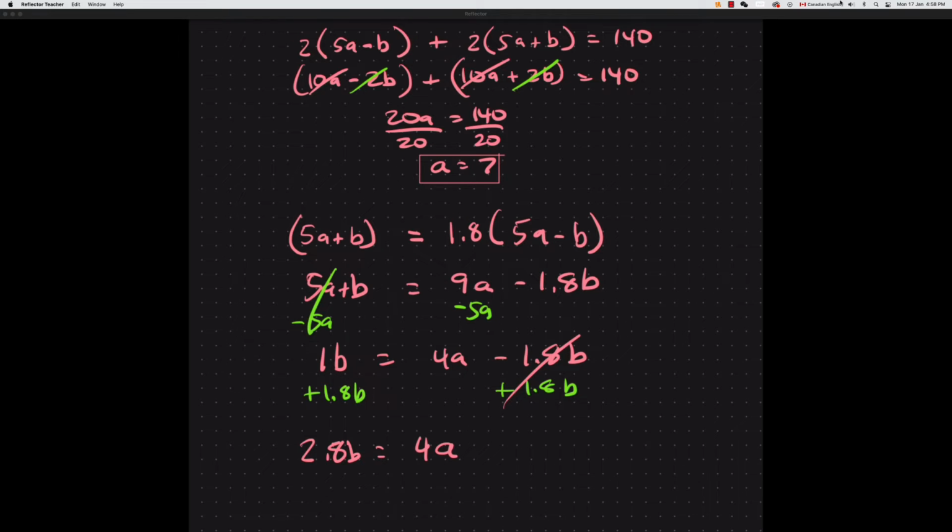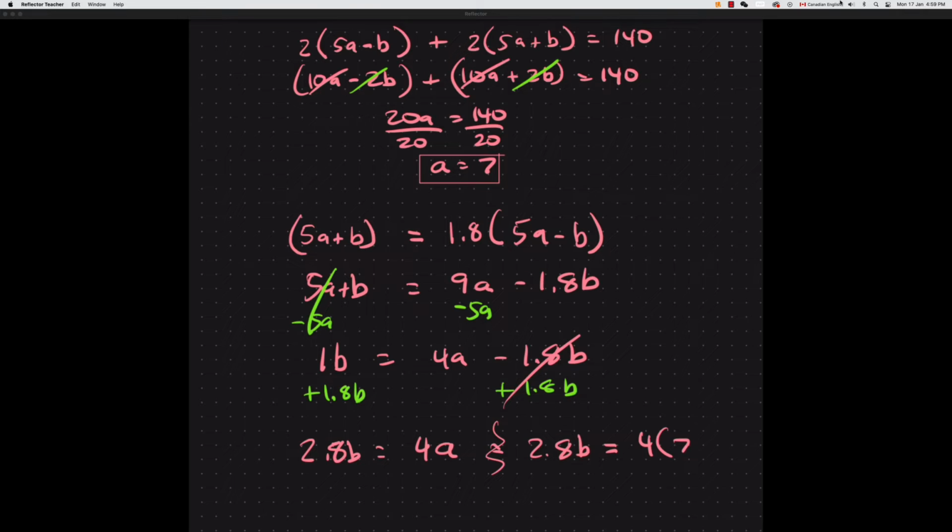Now, again, at this point, we have two variables. So what are we going to do? Oh, hey, look at that. That tells us right there that a equals 7. That's that same a right there. So I just need to replace that a with 7. So essentially we're saying that this is equal to 2.8b equals